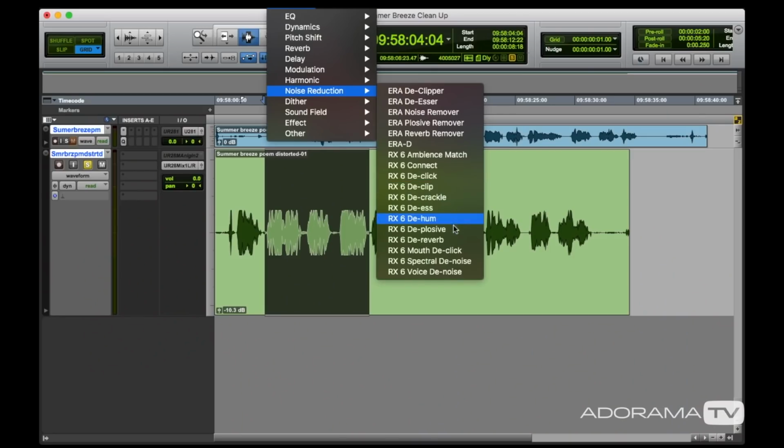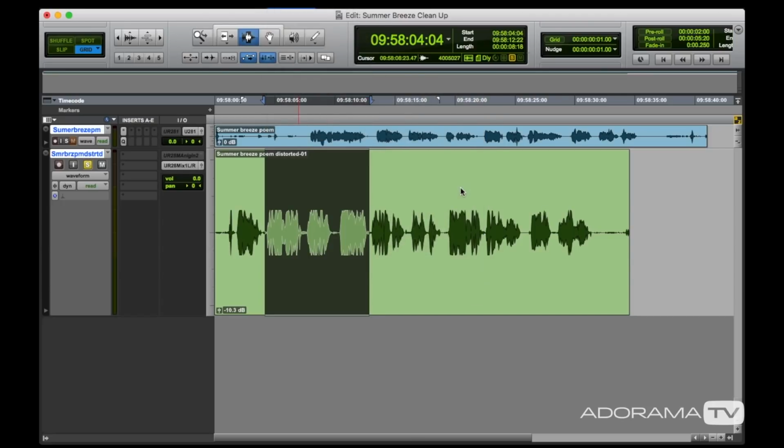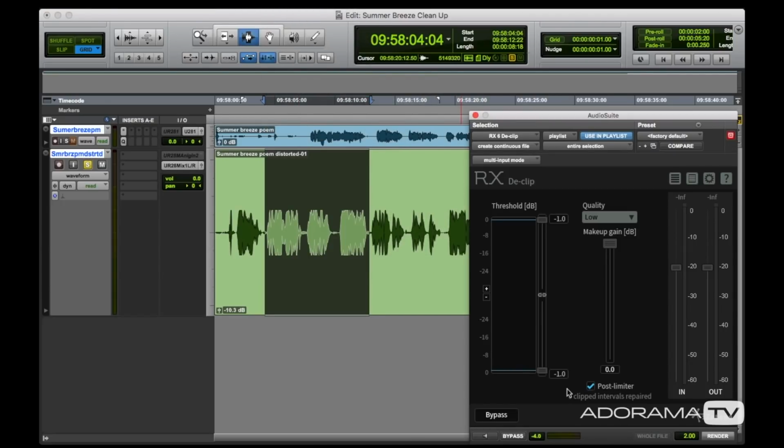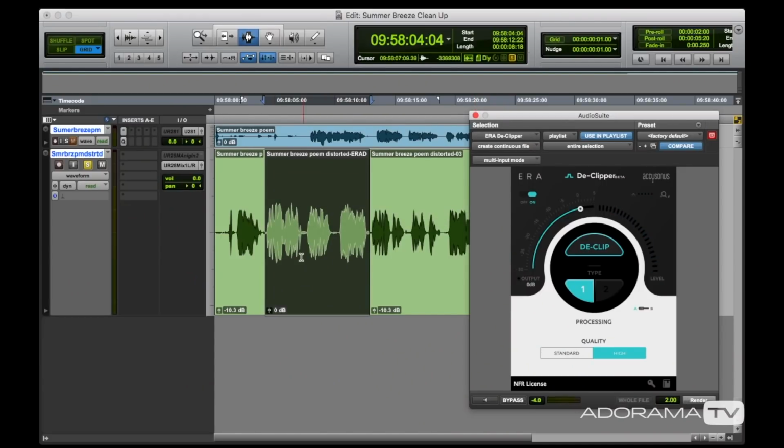There's nothing more horrible than arriving home with your beautiful recordings and you discover that they were recorded too hot. The recordings are distorted. So what do you do? Well, you grab your nearest RX and you use Declipper. This module of RX is brilliant. You will need to play with the settings a bit, but the results are ass-saving. Another simpler option is the Declip in the Era bundle. It's almost automatic, which will help a lot of you out there.